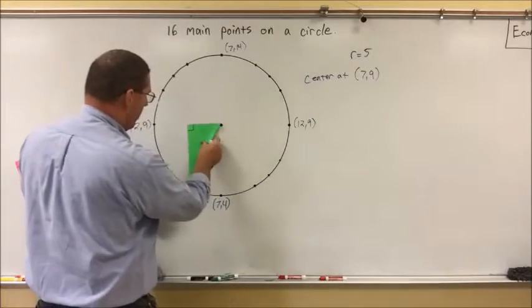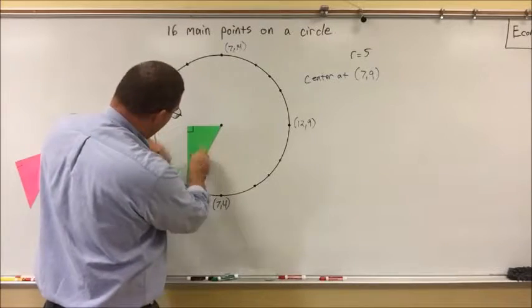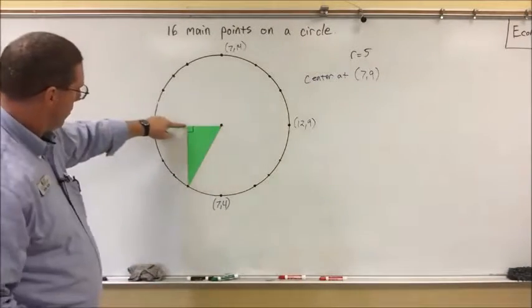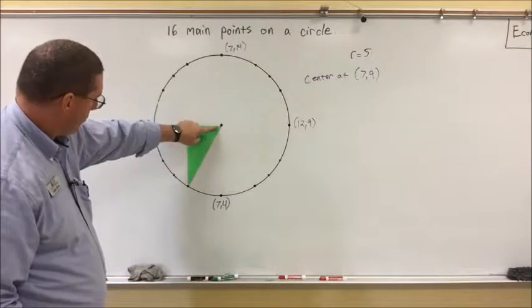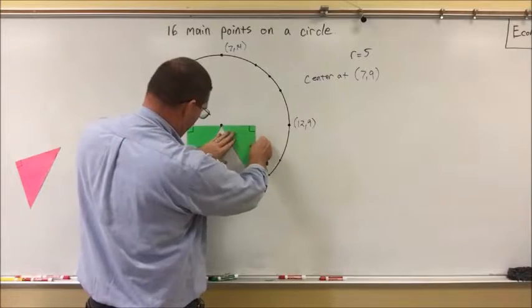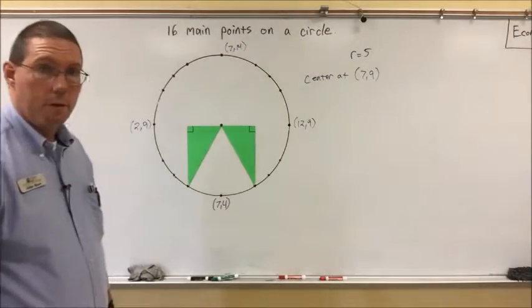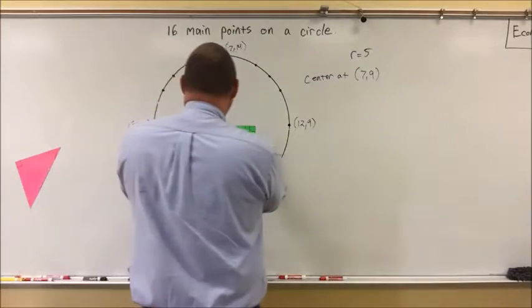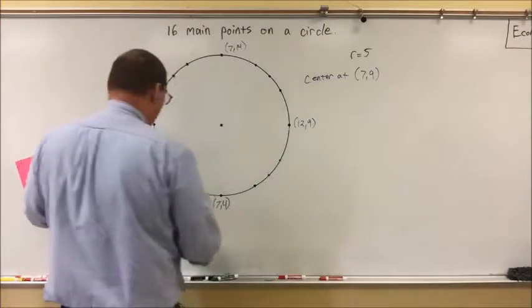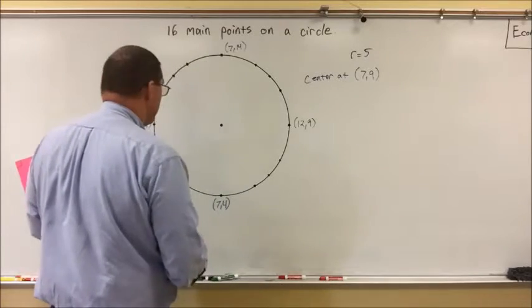Similarly, this point down here is also at a 60-degree reference angle, right? 60 degrees right here. And this point down here is also at a 60-degree reference angle. Okay? And so we know that we're basically going to use a 30, 60, 90 right triangle to try and